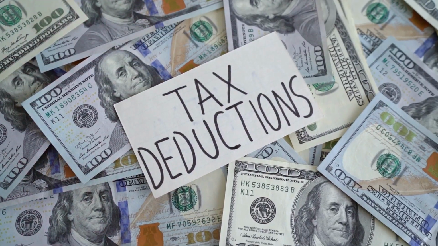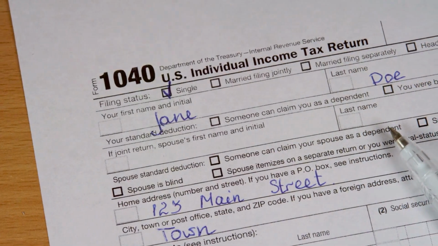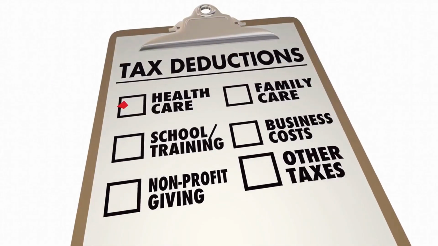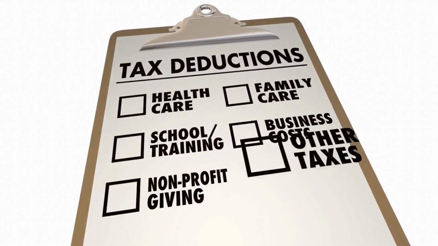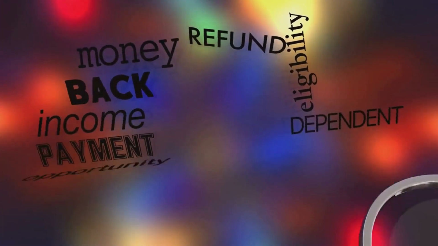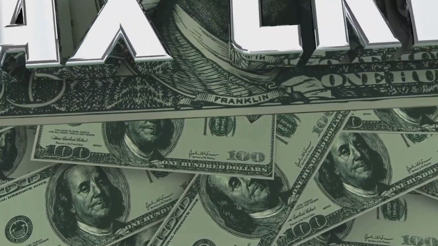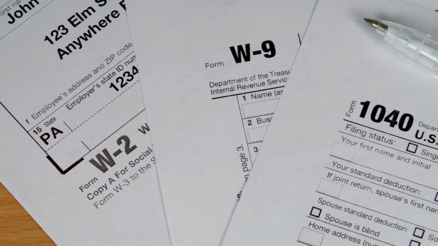There are several popular tax credits that you might be eligible for. These include the Earned Income Tax Credit, which is for low to moderate income working individuals and couples, particularly those with children. Then there's the Child Tax Credit, which can be claimed by parents or guardians of children under 17. And let's not forget the American Opportunity Tax Credit, which provides credit for qualified education expenses for the first 4 years of higher education. So if you owe $3,000 in taxes and have a tax credit of $1,000, your tax